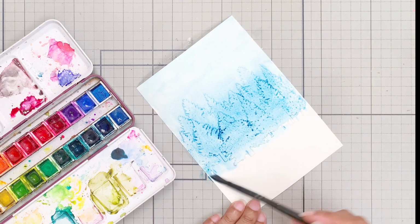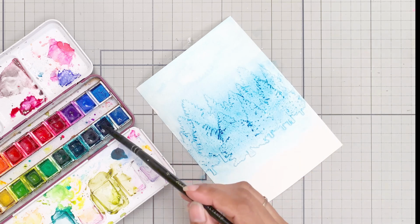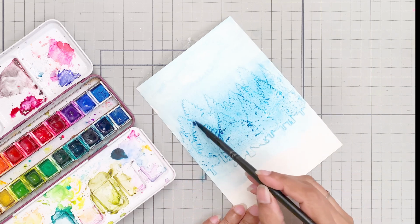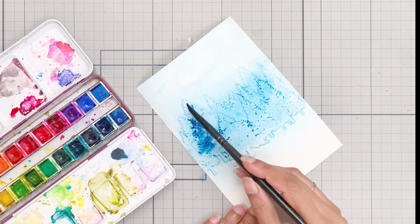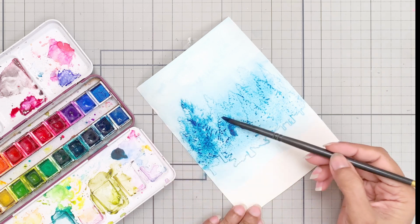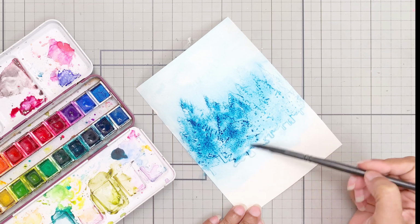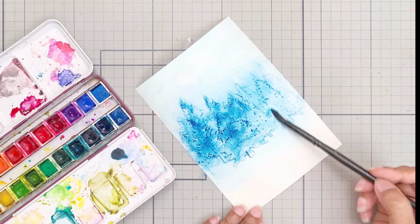The first layer will be a color wash, so I have a layer of color on the panel. Then I will come back in again with concentrated pigment and add this to the tree section. This watercoloring doesn't have to be uniform. Just keep in mind that the trees section is going to be darker than the rest of the area,